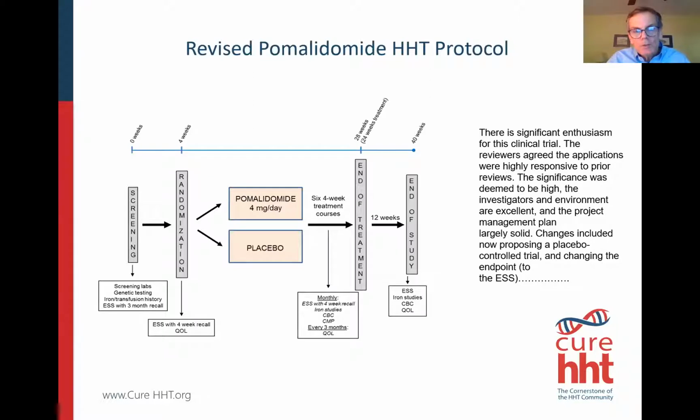The patients then undergo 6 4-week treatment courses, and each month we ask them about their epistaxis severity score, we check their iron levels, their blood counts, and every 3 months, we actually do a quality of life score. We have these 3 small surveys of 6 questions each that basically question you about different aspects of your quality of life, how nervous you are in social situations, how,